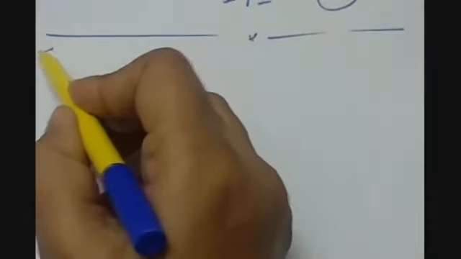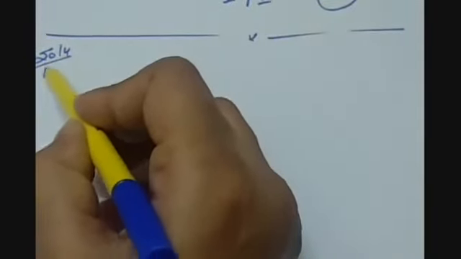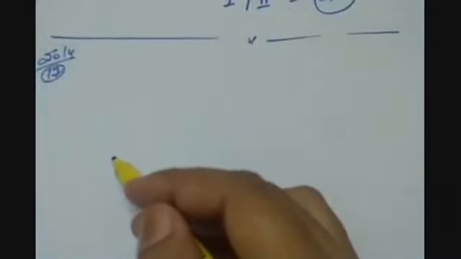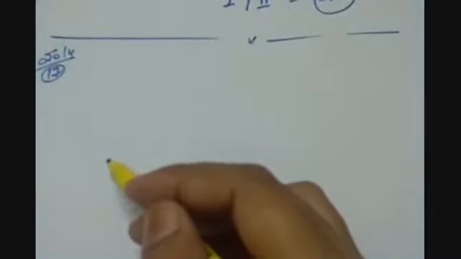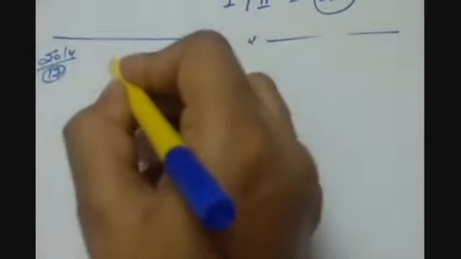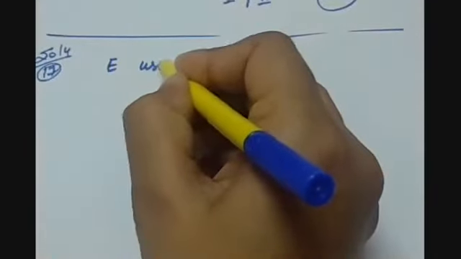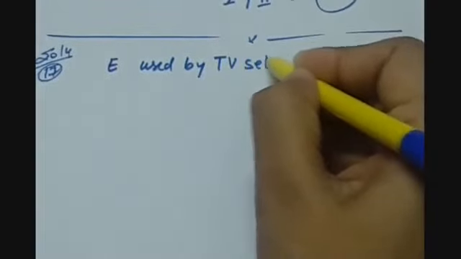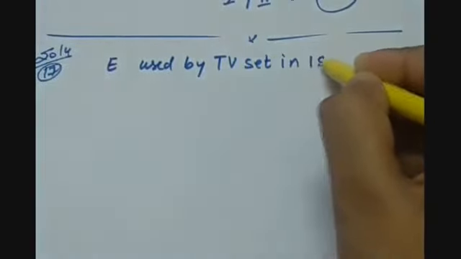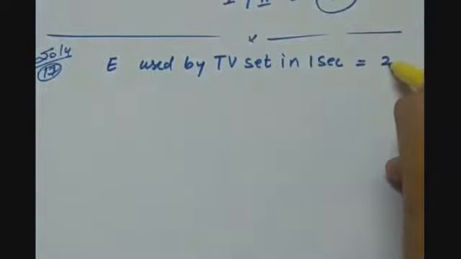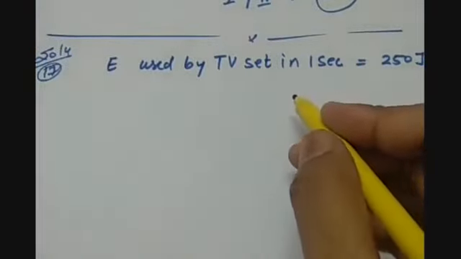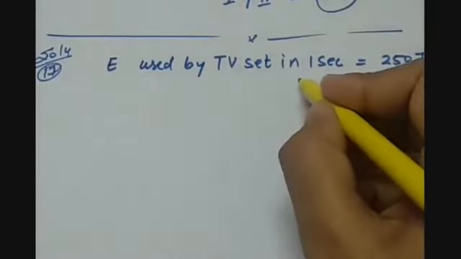So in question number 17, we have been asked about the energy consumed, that which appliance is using more energy. So the energy used by TV set in 1 second is 250 joules, because it has been given that a TV set of 250